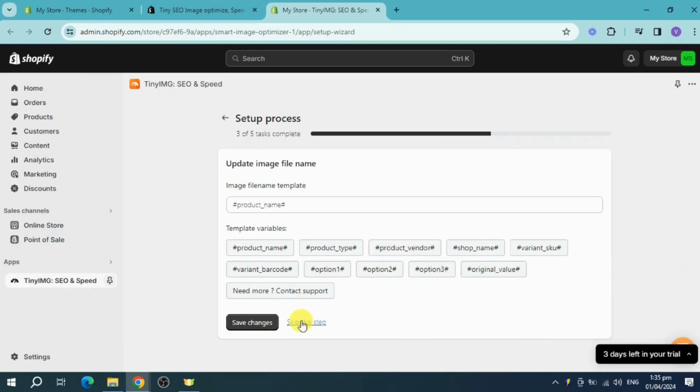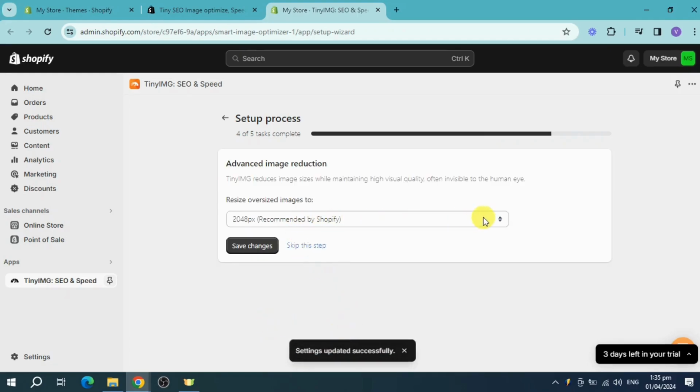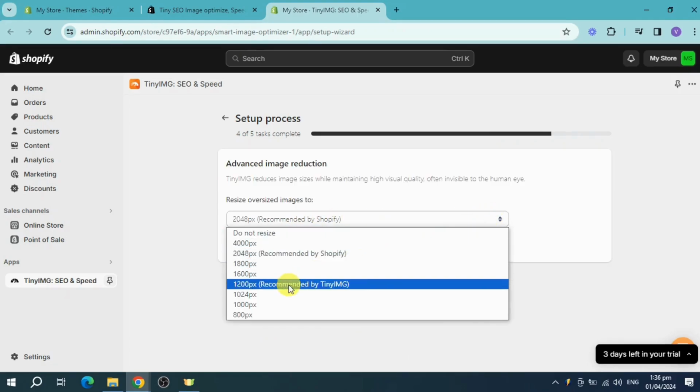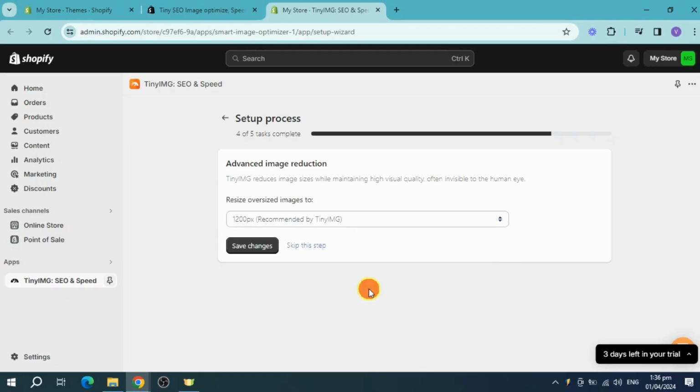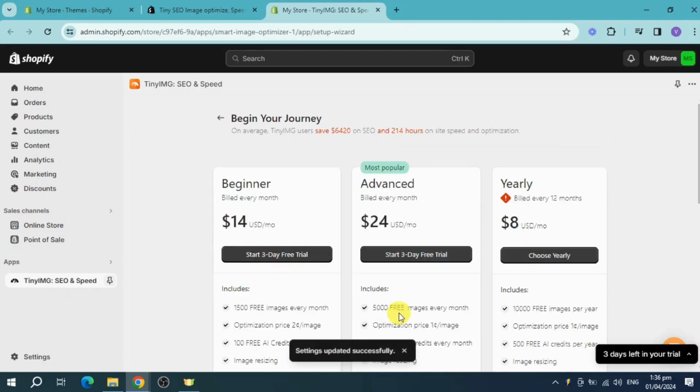So you can also head over and then update the image file name. So I'll just make this a product name, click on save, and then you can resize the oversized image. Let's just use this right here on the 1200 pixels because it is recommended by Tiny Image. Now click on the save image right here, and then in here you can just begin your journey by heading